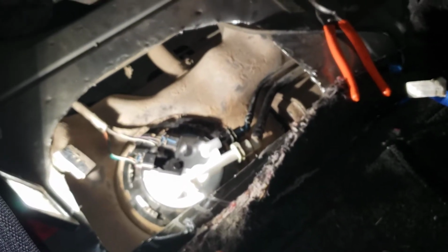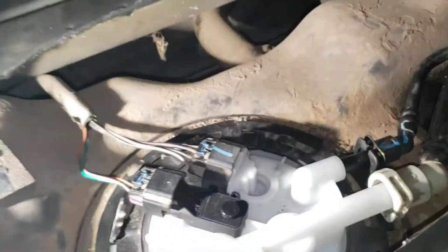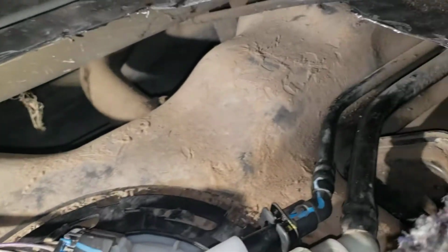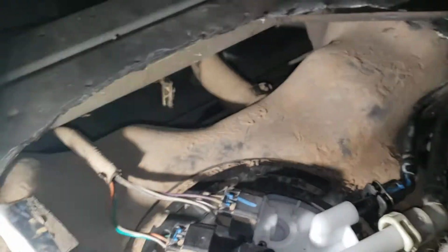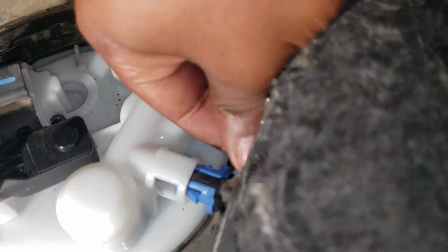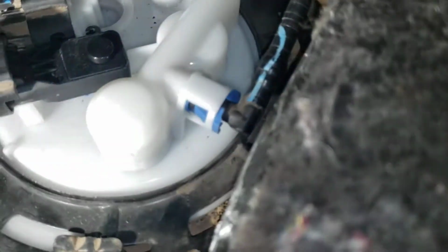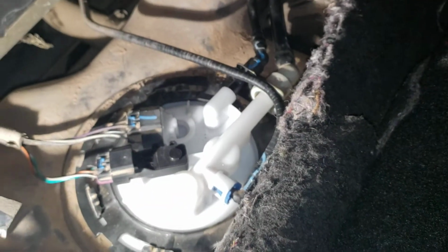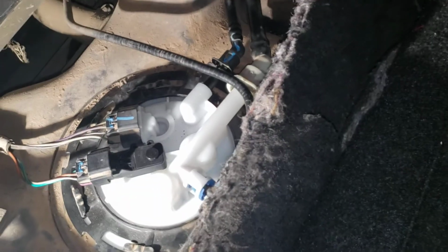I know it look like a D, since I know there ain't nothing until you get right here, I could probably nail it or screw it back in with a nice secure door. You know what I'm saying? Don't go cutting if you think you ain't gonna do a good job, because you're dealing with sparks and all kind of crazy stuff. So I'm not finna drop the tank, but once you get to this point,